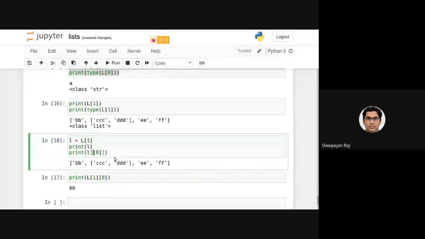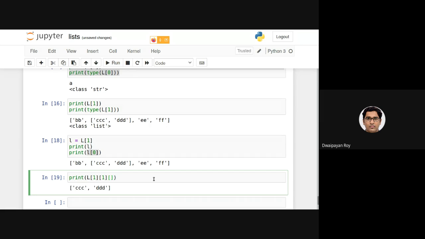So this and this is basically same as doing directly this. Similarly, if I want to access the 1th element or the second element, which is again a list, and I want to access this, what I need to do is I need to provide another third bracket here. And this is the second item. That's why I want to provide 1 here. So it will be returning DDD, this item.